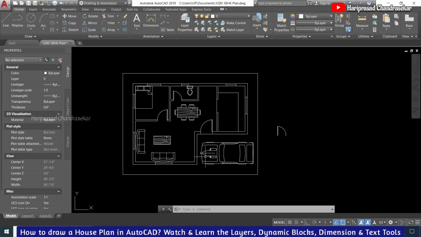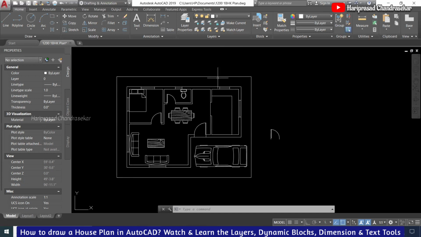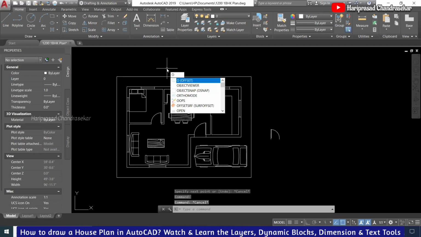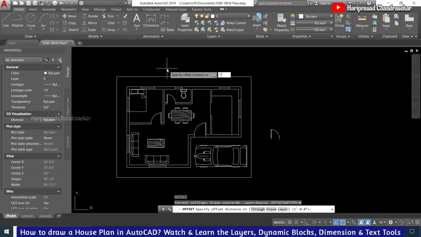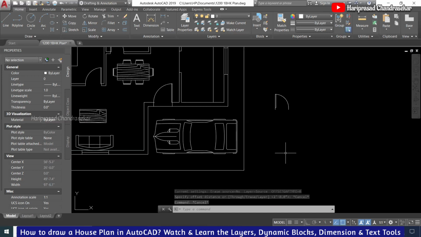What about the main gate, like the main door also, where the parking is? This is the main door. Actually, it is south facing. So whatever the way, if you want somewhere here, you can. So the main gate and all, we can show with objects, for example, fencing. For fencing, what we can do, anyway, this one we have, right? If you want to show the offset, maybe for 1 foot, maybe no, it's okay. But normally we can show something like a gate here. If you have a block, we can show. But otherwise,